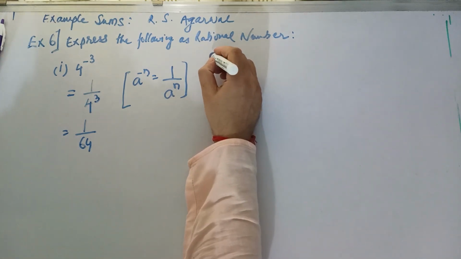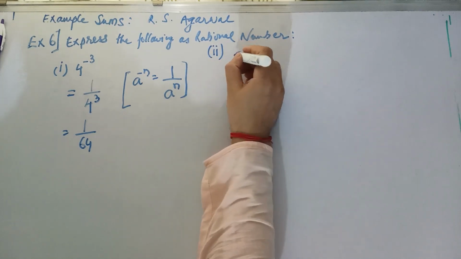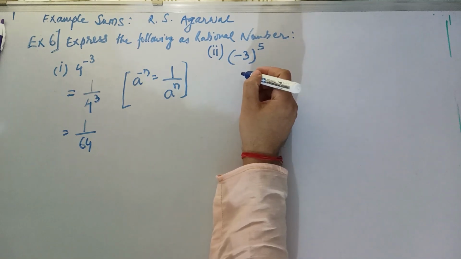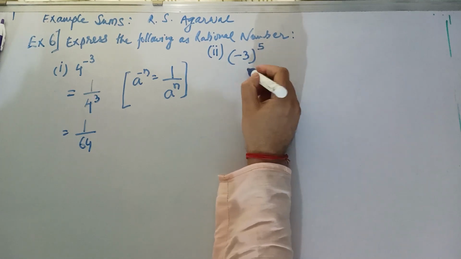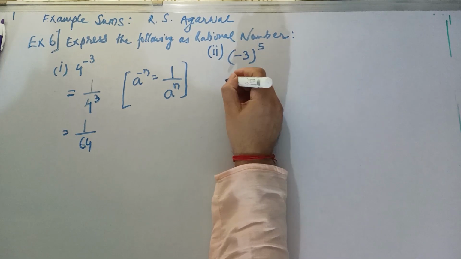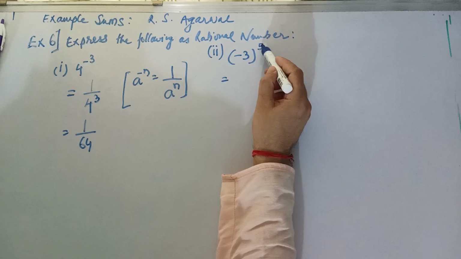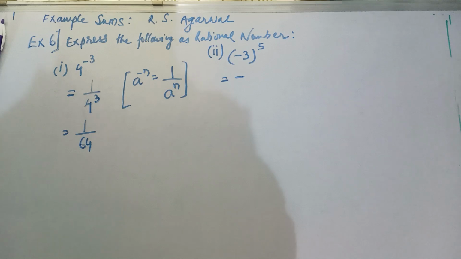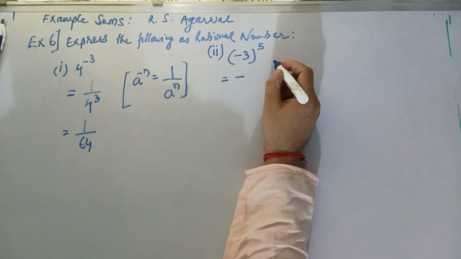The second one is minus 3 raised to 5. So minus 3 raised to 5 will be how much? There is no negative sign in the power. I have told you that we have to check whether the power is even or odd. This is odd. Odd power means we will get a negative sign. Final answer will be negative. So we can directly do 3 times 3, 5 times,